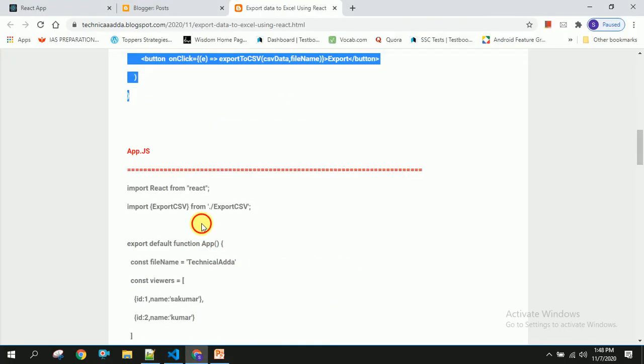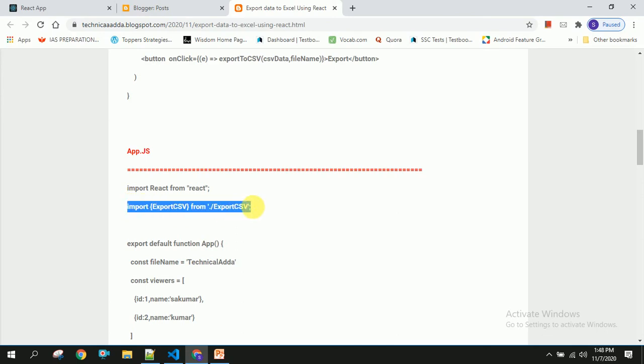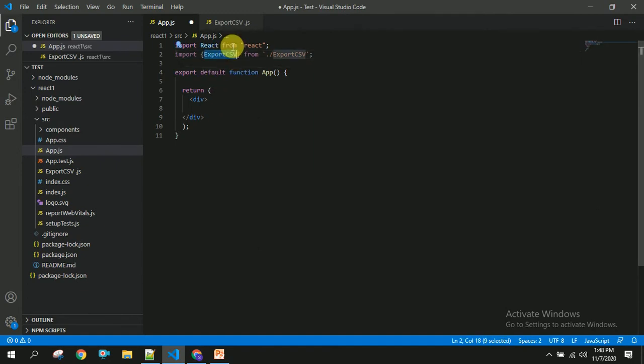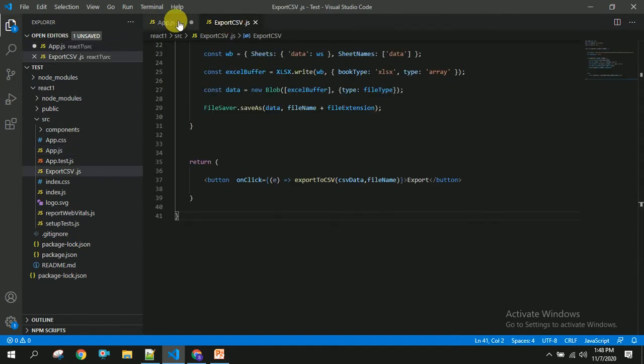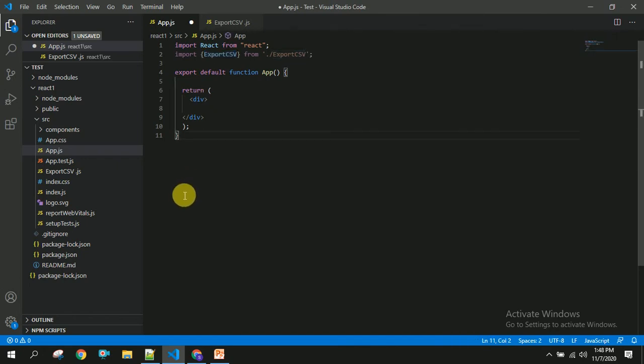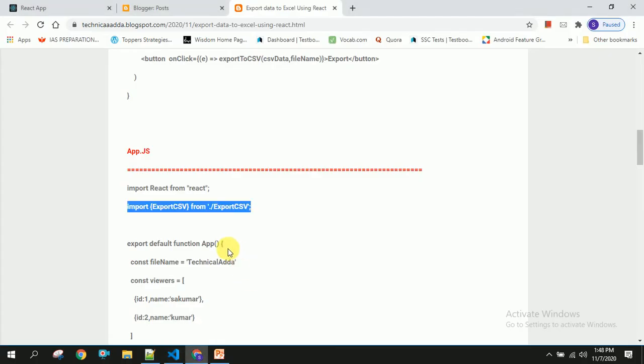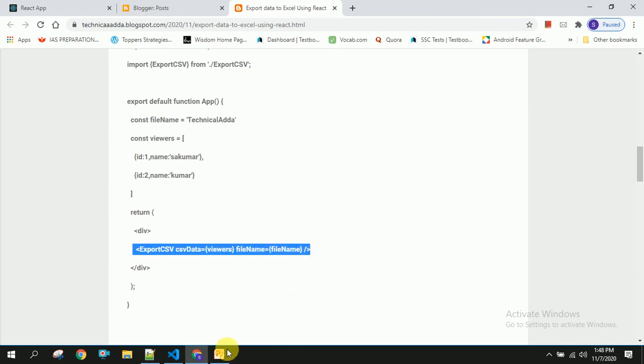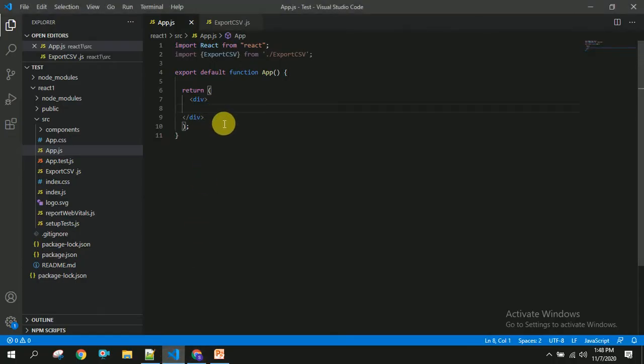And we have to import this. So basically you are importing this export CSV file into app.js. After that you have to copy this. So here you can use the state or anything if you want. You can use the props data or you can get the API data from here.